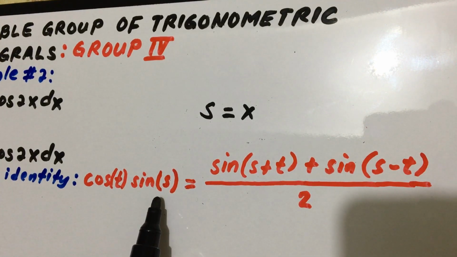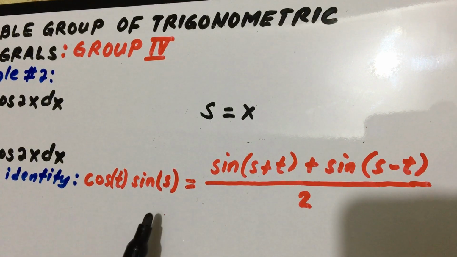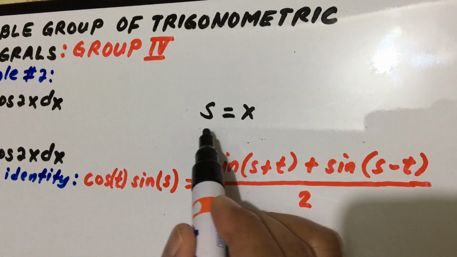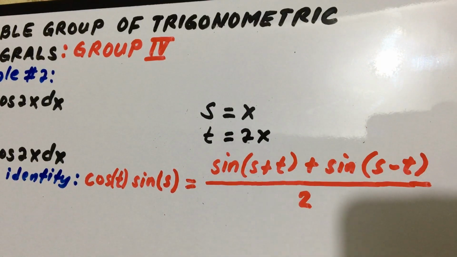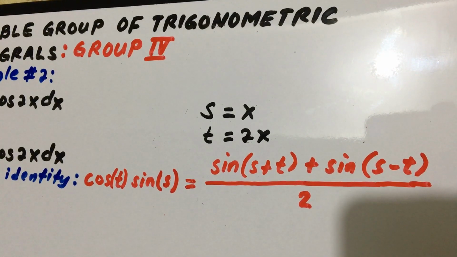This s corresponds to x because it is sine x. Then for cosine, our t corresponds to 2x. Okay, so using the formula, we can say that